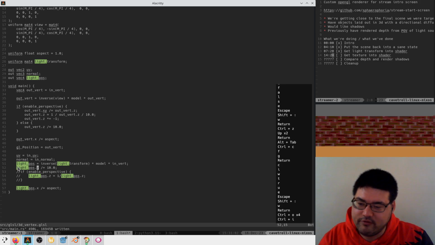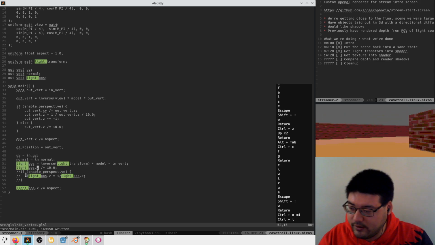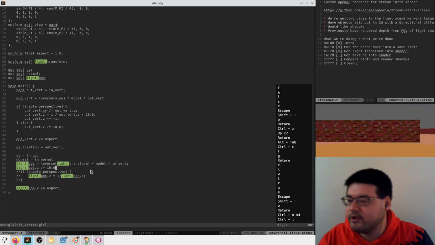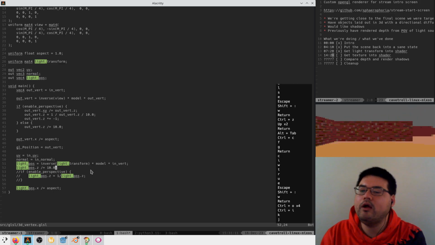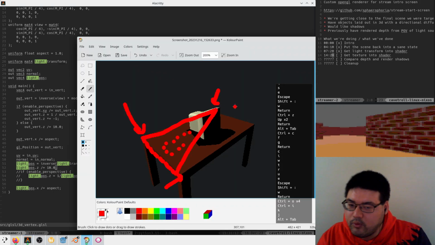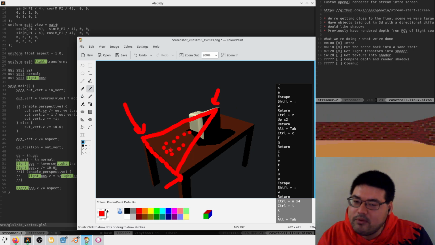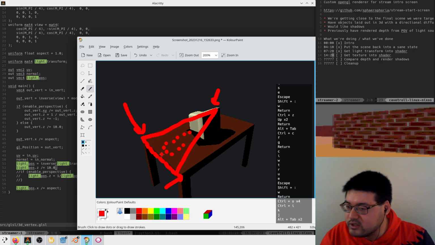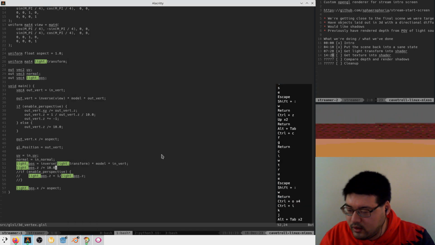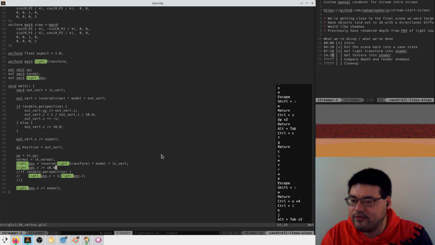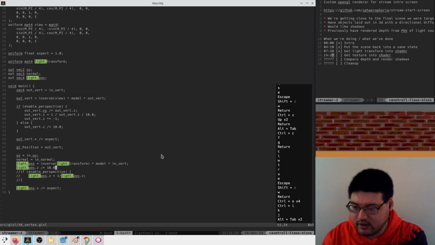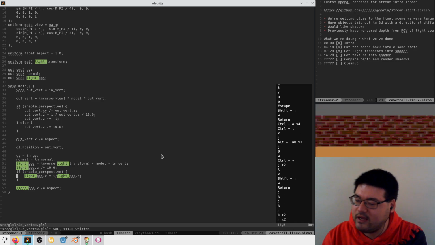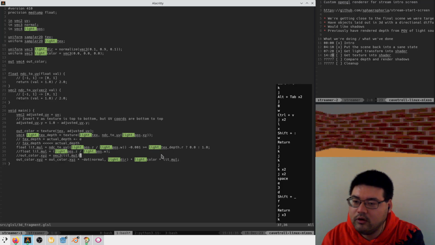And so I would think that for each point on the surface, we should use the orthographic projection, but that doesn't seem to be true. So I was thinking, well, if we're interpolating between these points on these faces, maybe the interpolation has to be linear in screen space with our perspective applied, which seems reasonable to me. And so then there's that 1 over z is linear in screen space thing that we discovered the other day. So I thought that if we did this and then inverted it in the fragment shader,